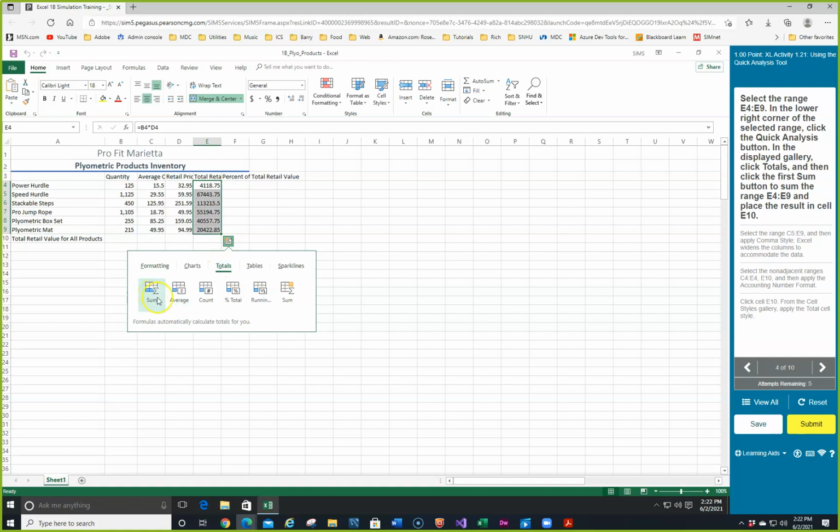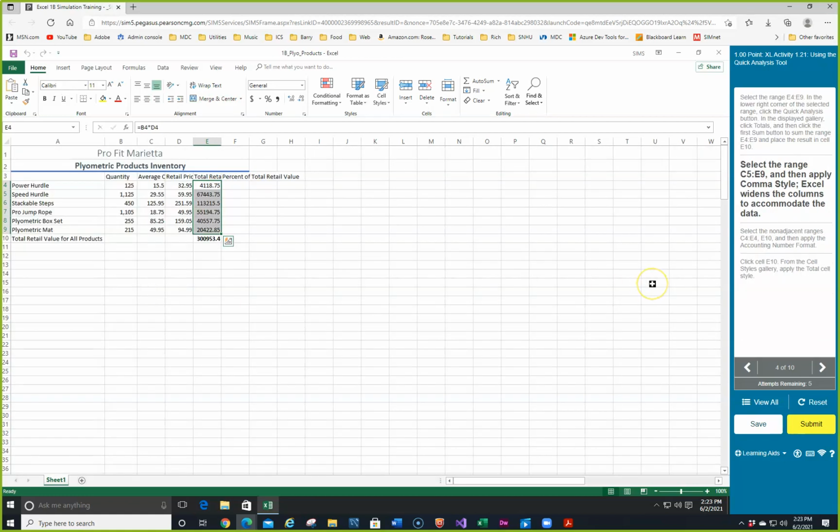If you don't have this quick analysis button because you have a Mac, of course, you will have it on the simulation, but if you're doing your capstone and it tells you to do it, don't worry about it. Just go up to up here because we're doing sum, average, count, total. The only difference is there's an optional feature that lets it go to the right instead of down. So we're going to click on sum,